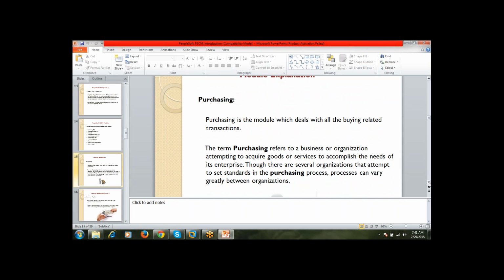Buying related transactions means whenever you want to buy something for your organization, you need to go through the purchasing module by creating the requisition, creating the purchase order and dispatching the purchase order. Once you dispatch the purchase order, your vendor will supply the goods. We will discuss the transactions in the purchasing module later.